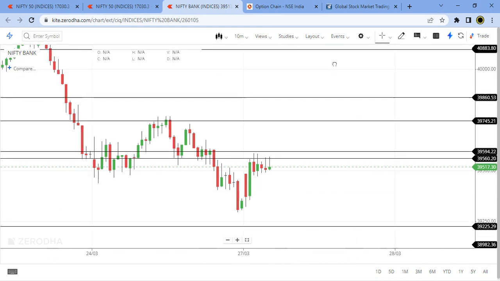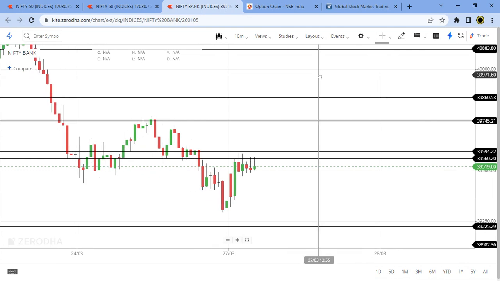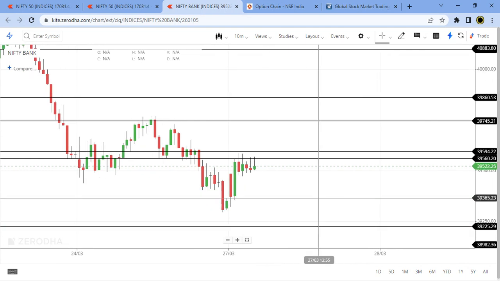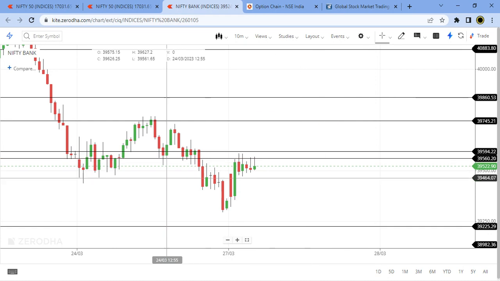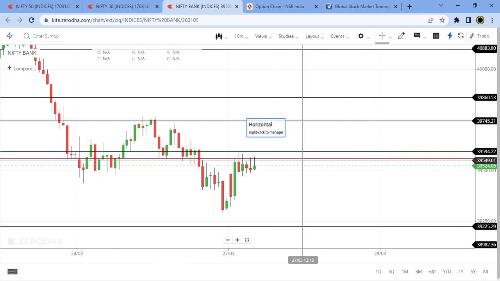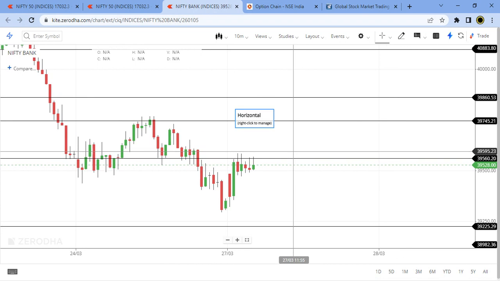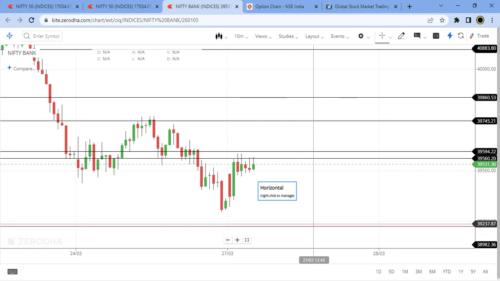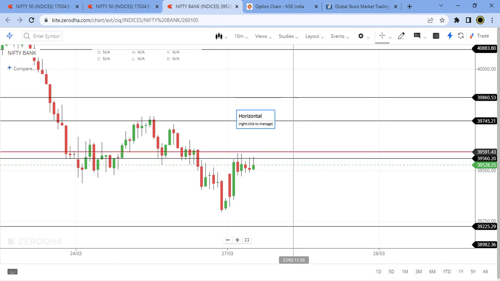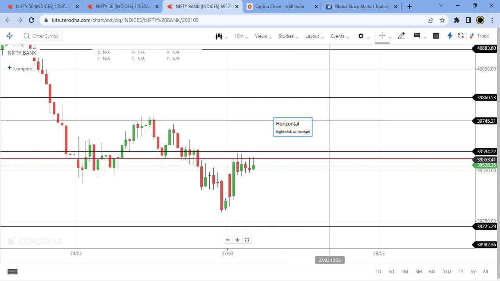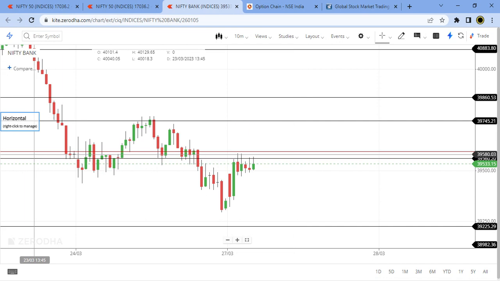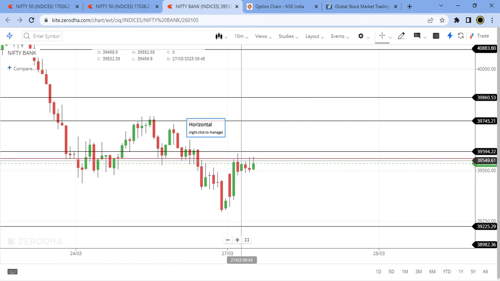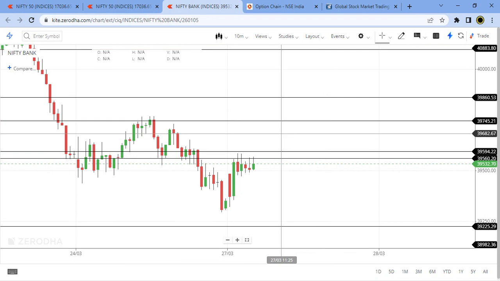So this is my technical analysis for the Bank Nifty, which is in a very important resistance zone. I have drawn the resistance zones on Friday, so that plays an important resistance zone for today itself. 39,560 to 39,590 is a pretty important resistance zone. It has rejected a number of times. So we may see upward movement if the price sustains above it.